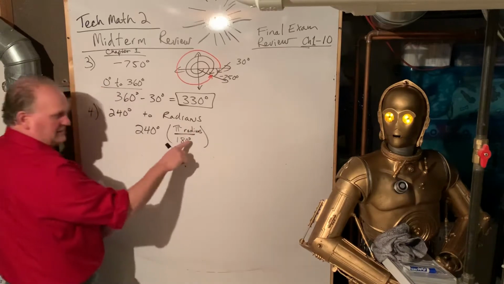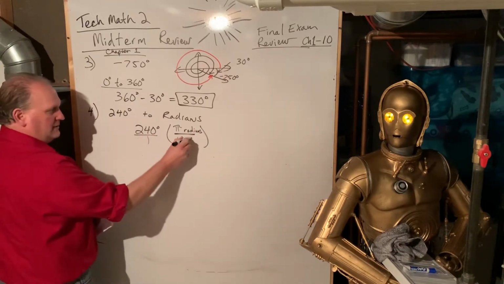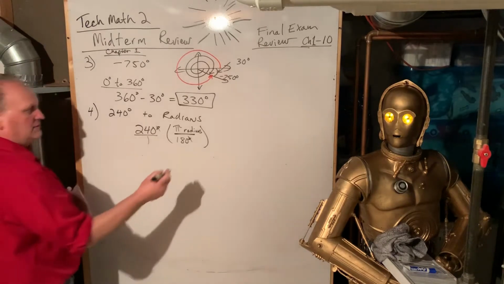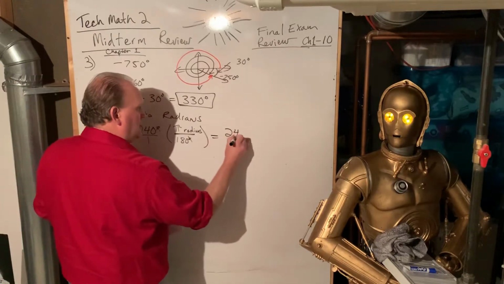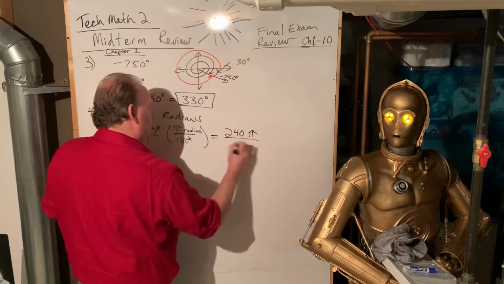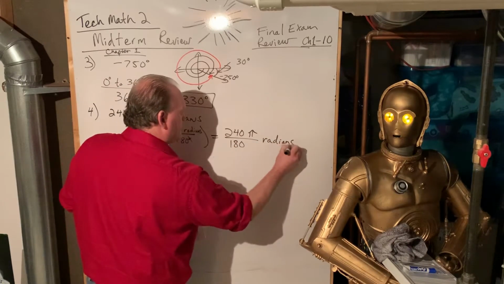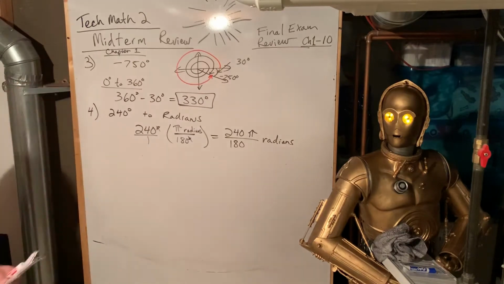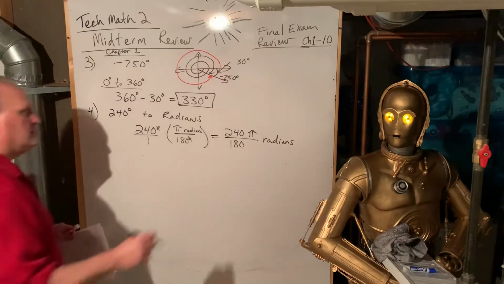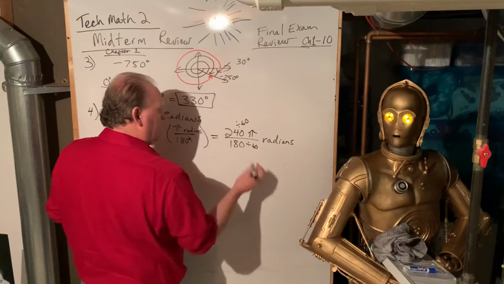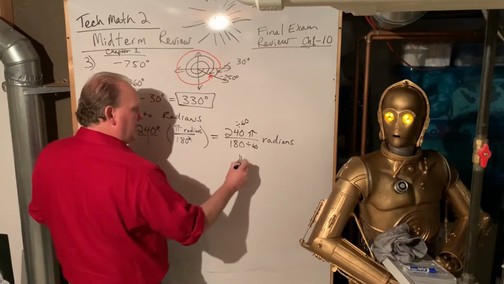We put the degrees on the bottom because we want that to cancel with that. And then 240 pi over 180, and that's in radians now. We canceled degrees and are left with radians. And then we have to reduce it. So you divide by 60 top and bottom. And that's 4 pi over 3